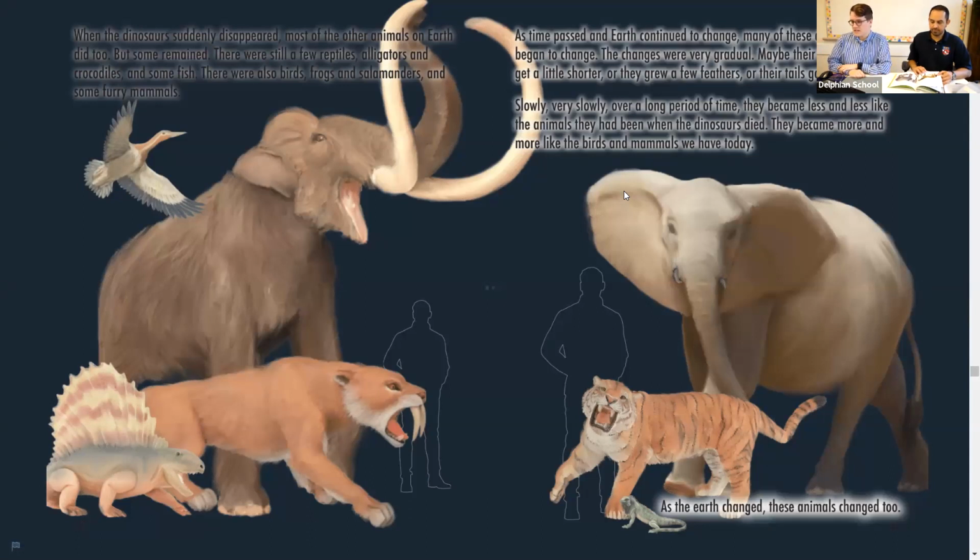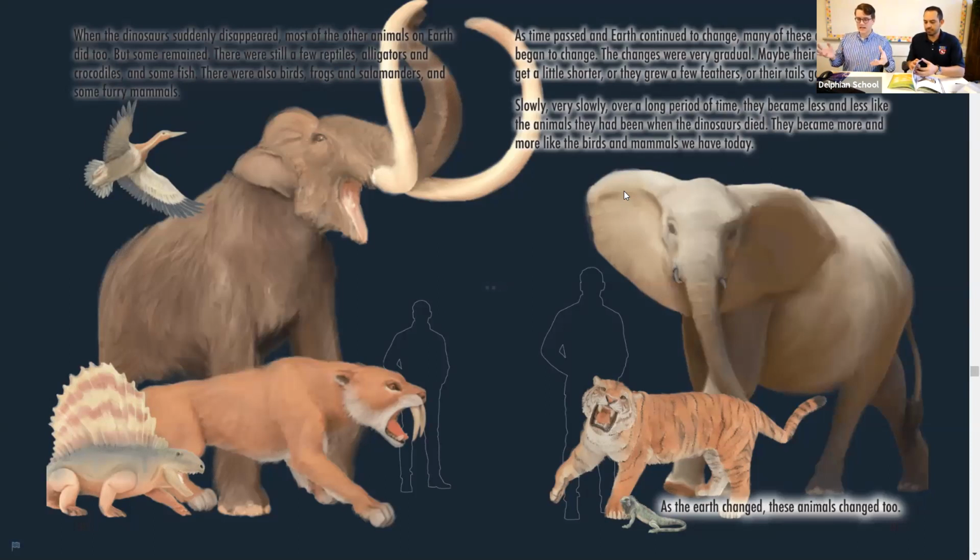And you can see, there's a bird there. I don't see the bird on the other side, but you can see that woolly mammoth, and you can see on the right side the elephant that it became today. On the left, you see a saber-toothed tiger, and on the right, you see tigers as they are today, a little bit smaller. Those front teeth are definitely shorter.